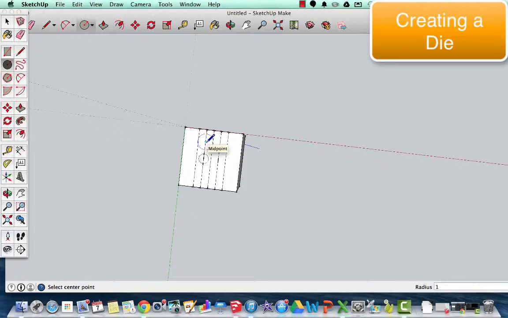So I've actually broken this up into multiple pieces. So I can go from this midpoint, and it does the same thing here. And one here, there, and there. So now it's a matter of cleaning it up,